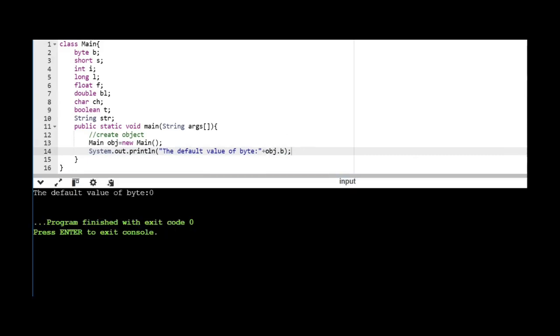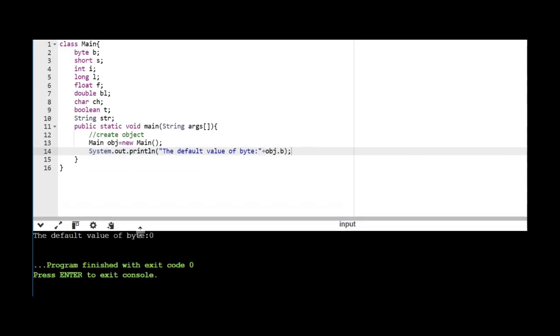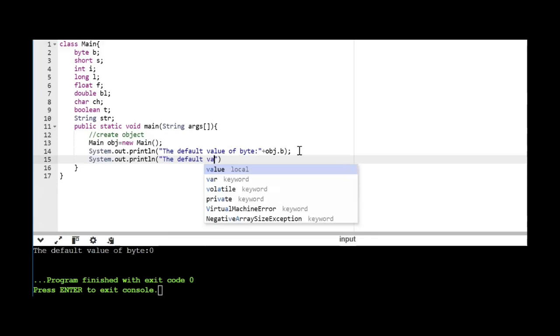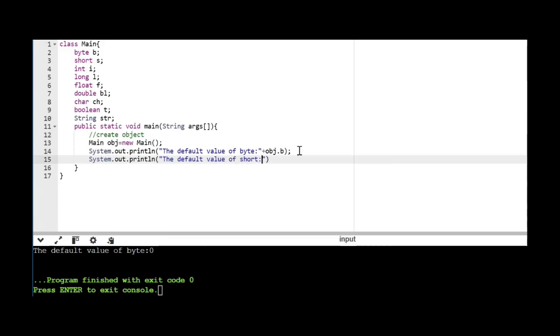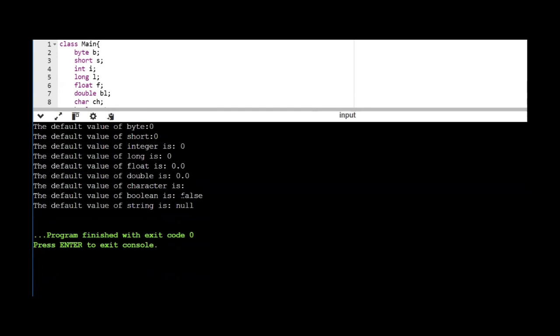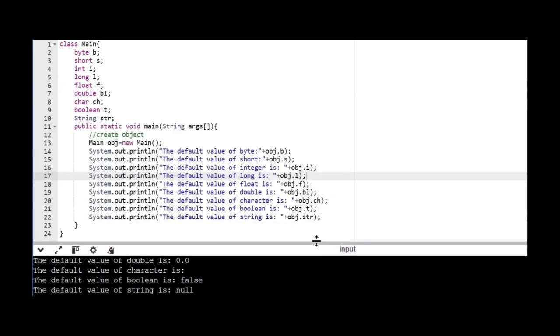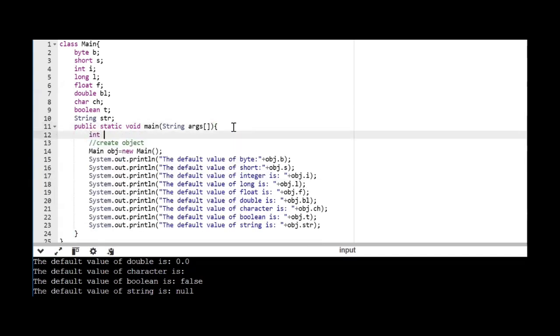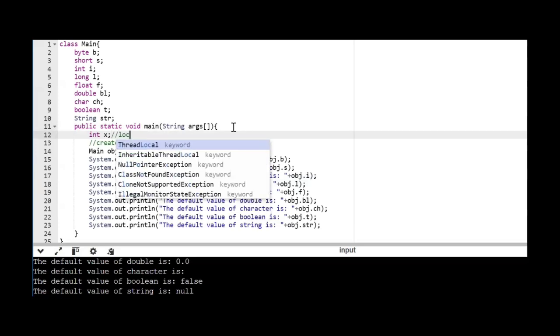So likewise, I'll be writing system.out.println statements for short, for int, for long, for float, for double, for char, and also for string, and also for boolean. So now when I execute the program, you can see the default values of various primitive data types. For byte 0, short 0, int 0, long 0, float 0.0, double 0.0, character blank, boolean false, and string is